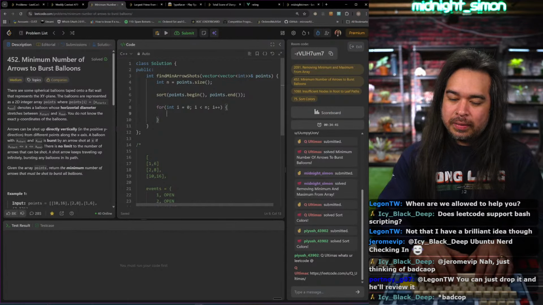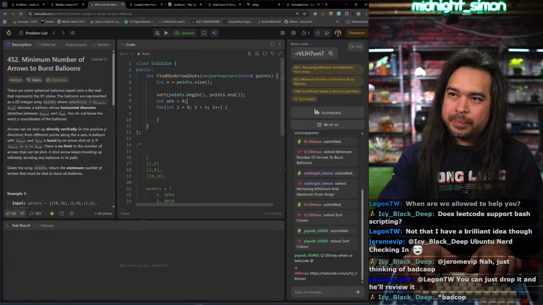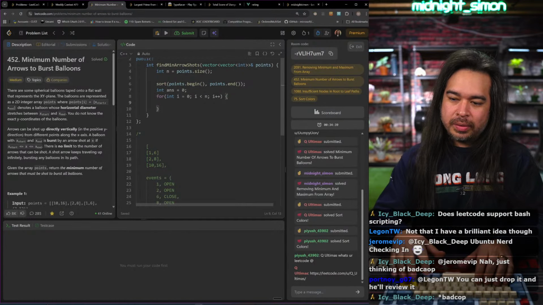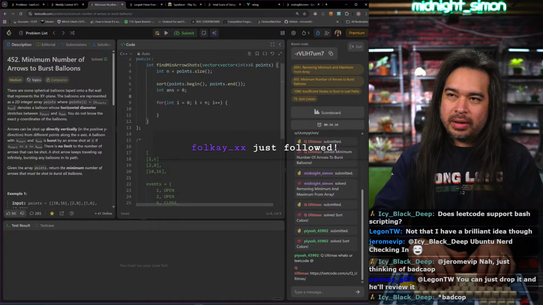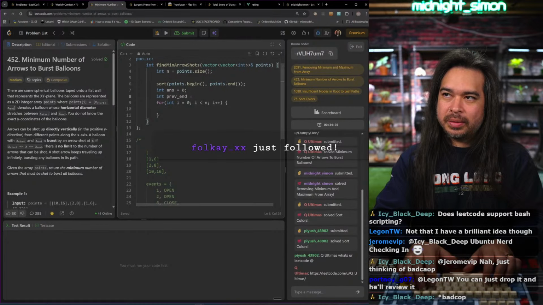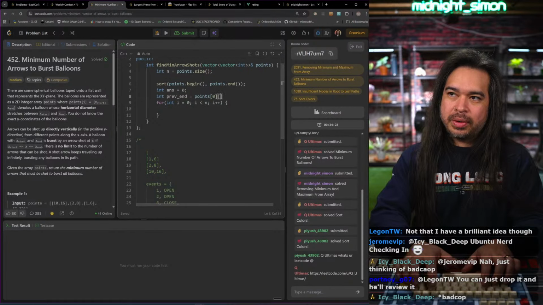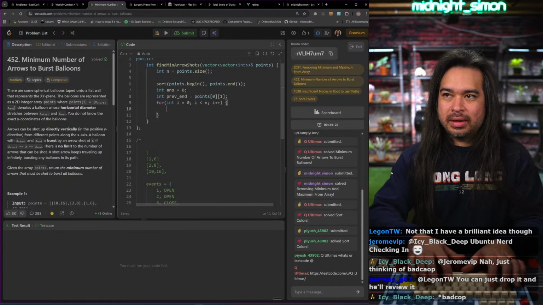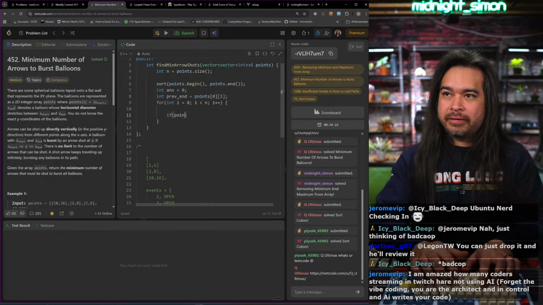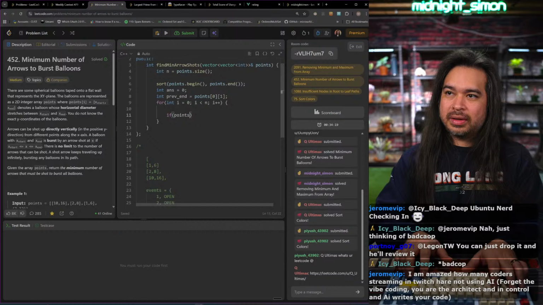And then now for each point, like it starts at this, I want to go. All right, I have to remember that previous end or something, right? So that's the first point ending. And I'll be like, if, I guess,